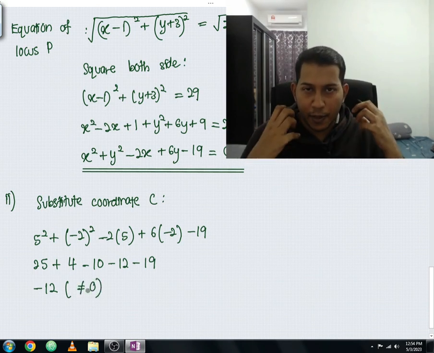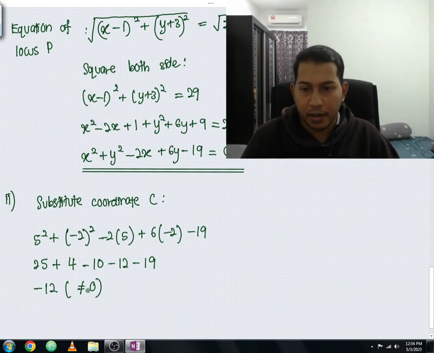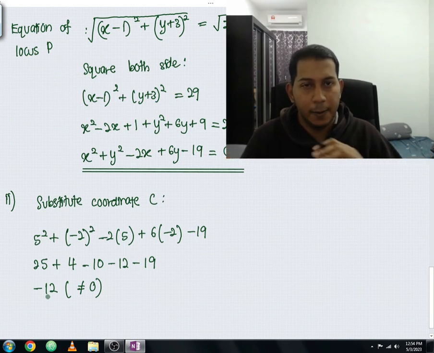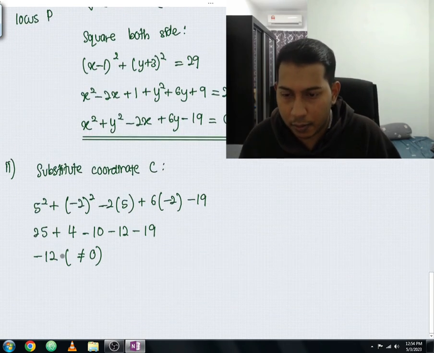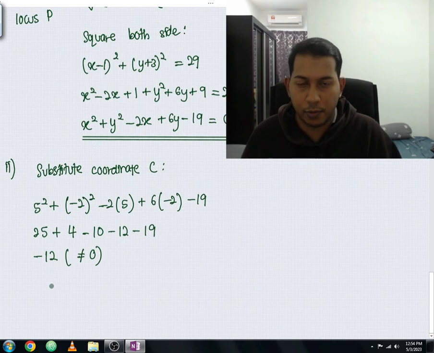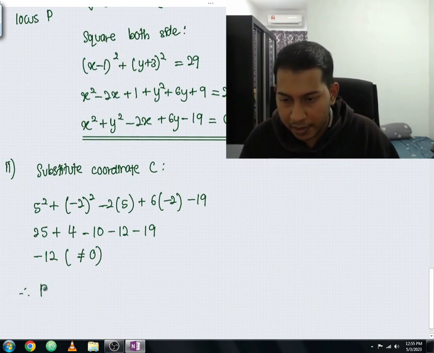If you want to know whether a moving point passes through a locus P, your final answer should be exactly 0. If you didn't get exactly 0, that means it doesn't pass through the locus P. Simple as that. Since in this question you get negative 12, we can conclude that point C